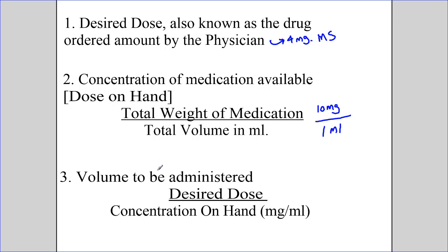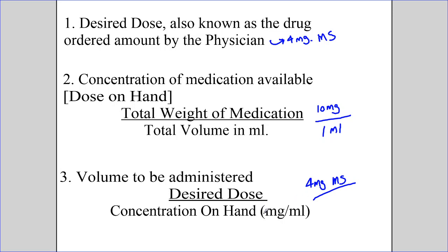And then the volume to be administered, we're going to figure that out. So the desired dose, again, will be 4 milligrams of morphine